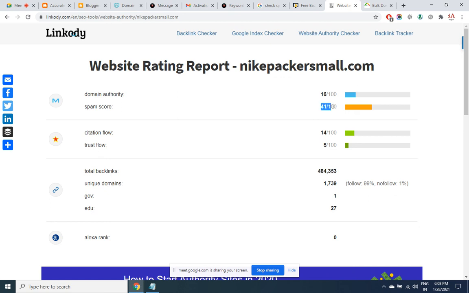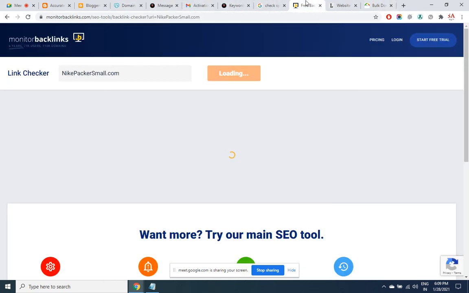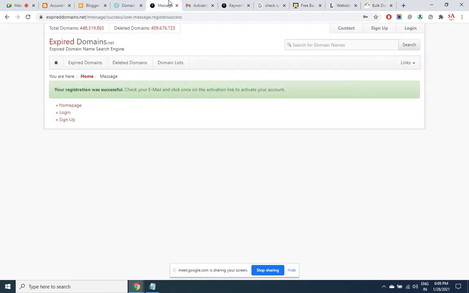It is going to be a little time consuming, but definitely you are going to find a domain with the least spam score, 1, 2, 3, 4 like that out of 100, which is very old and at a regular price. Almost every student has got it. It takes a little time. So this domain is excellent on all parameters, but the only thing is it is spam, so there's no point in purchasing it. Where is that? Expired domains. Okay.